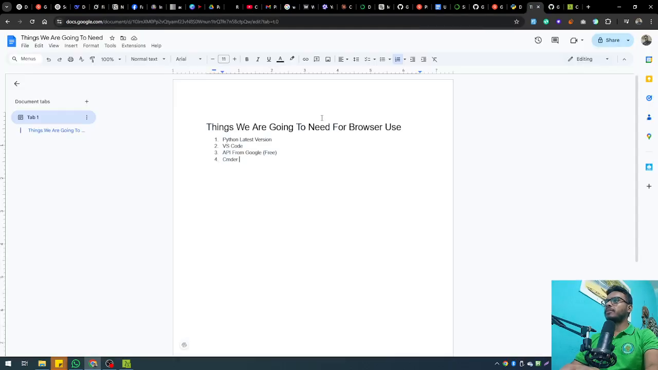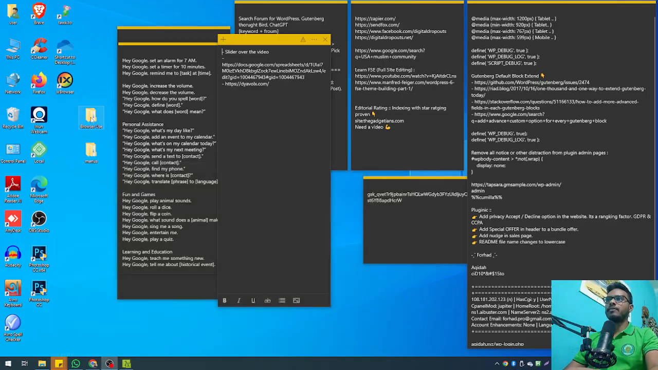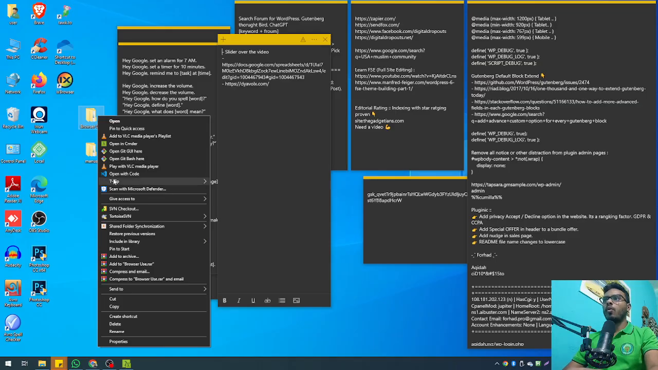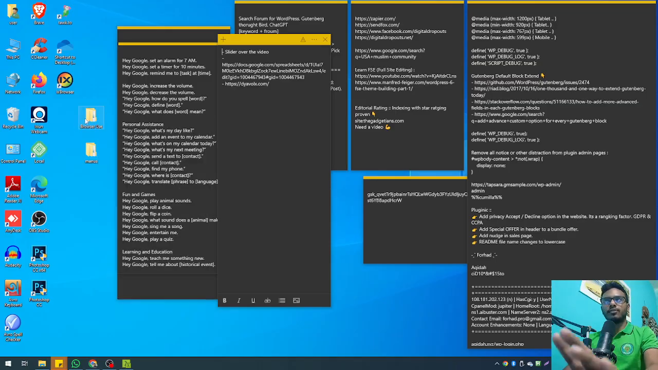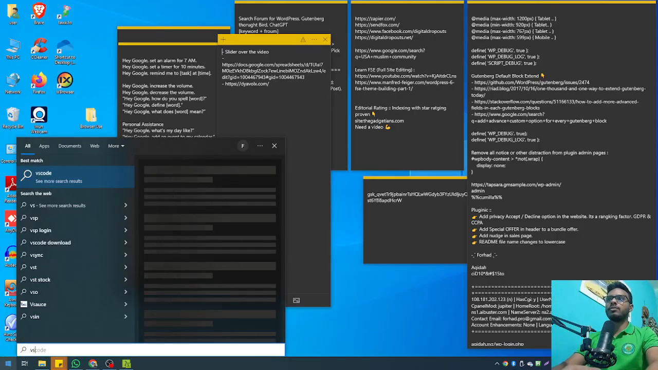Remember that I told you to install VS Code. Now you are going to need VS Code. Okay, minimize everything. Now go to browser use. Here is the browser use. Now click on open with VS Code. If this option does not show up, don't worry. Just go to VS Code,